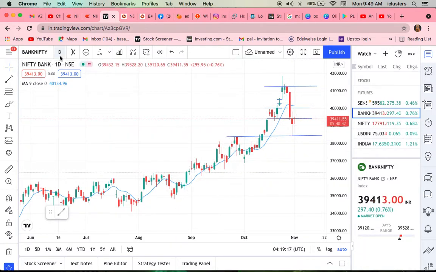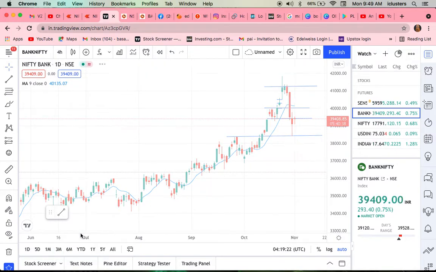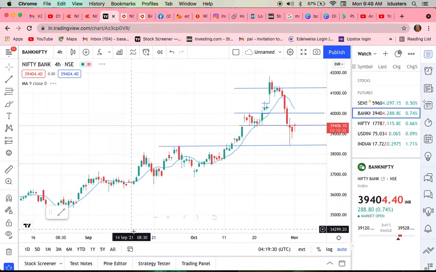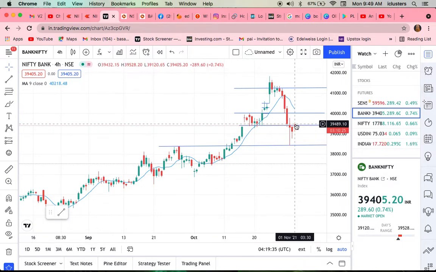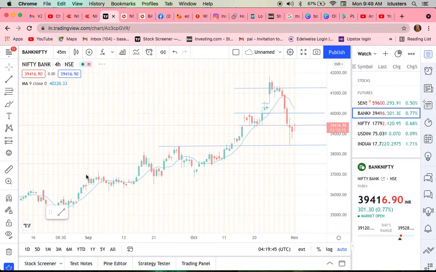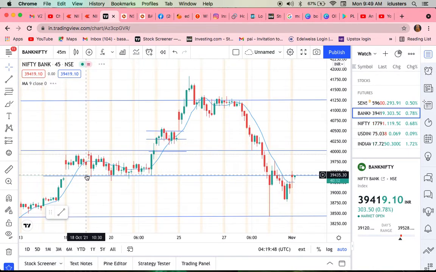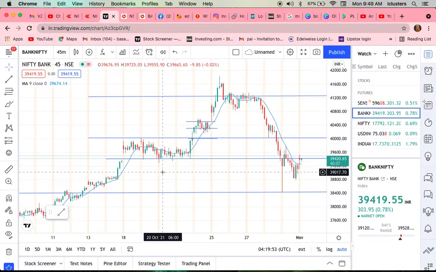After looking at this 1 day candle, we want to change it to a 4 hour candle. Then this chart will show you how exactly we have drawn the chart. See, this is the exact support area, it was showing clearly, and this is another support area, another resistance, another resistance area. After confirmation by the 4 hour time frame, you want to select 45 minutes, because we want to draw the trend lines first, because without trend lines we can't do any trades.